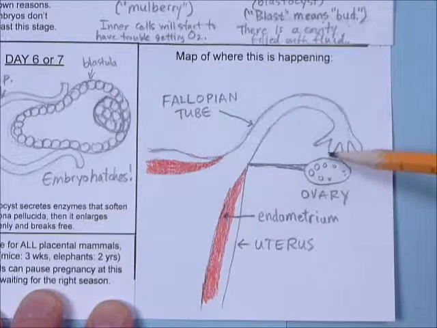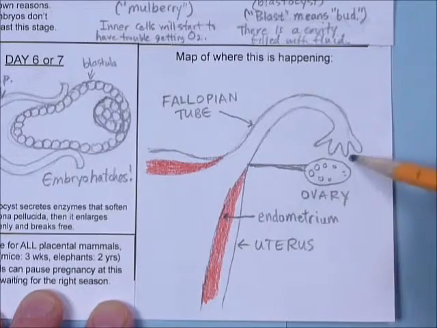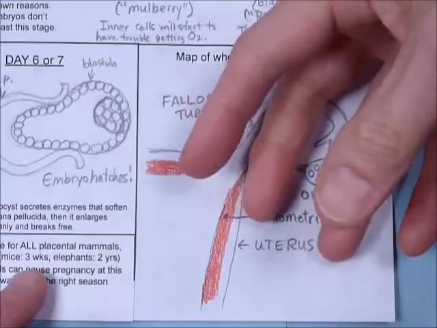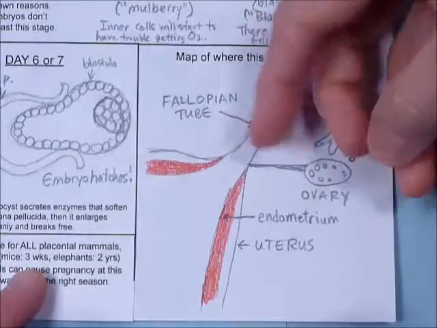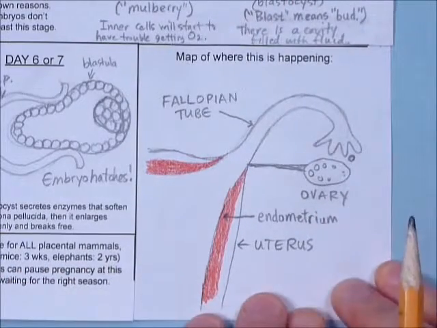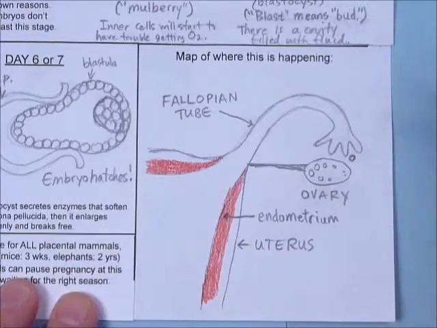You know, it could escape. What if it got out and went around here? Then I guess it would never get fertilized. I suppose that happens once in a while. But generally, the fallopian tube has basically little fingers that pick it up, go like this and grab it, pull it in. I know, not exactly, but